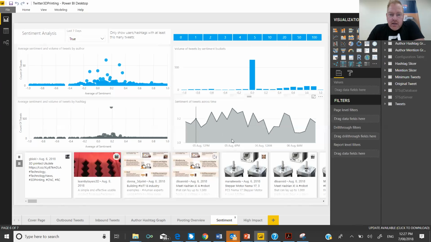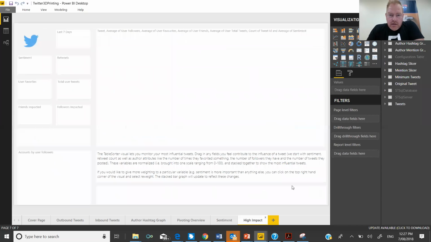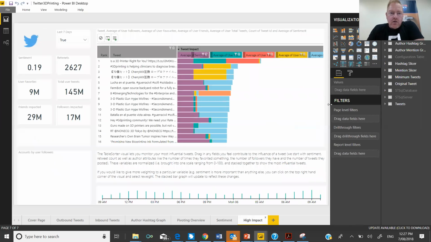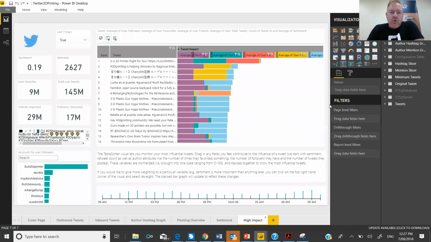You can also see relative to a time period. So I only ran this for about 24 hours yesterday, and you can see the movement of sentiment over time. This here is a measurement of sentiment analysis to essentially score the tweets with the highest impact. So in the purple, you can see the sentiment. So that is the score, if you like, of the sentiment of the Twitter text.